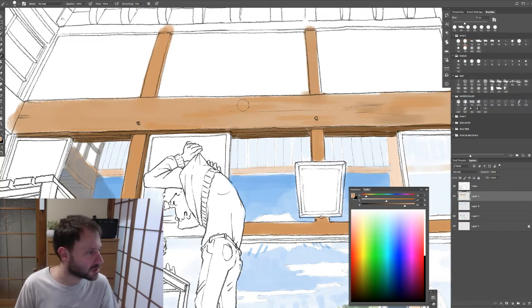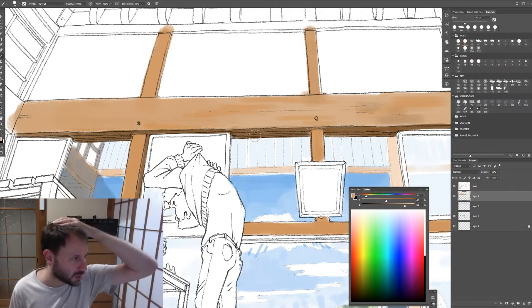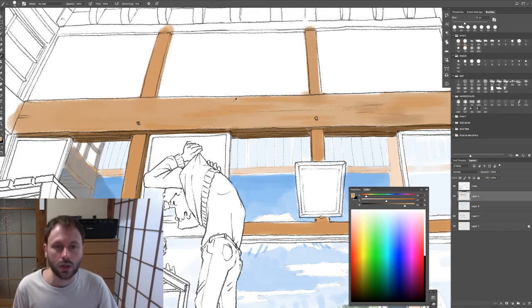Okay, next question. Do you have any hints to help me understand the color of what I'm seeing in nature? Sometimes I want to paint landscapes, but I have difficulties understanding all the small nuances of color. Okay. This is kind